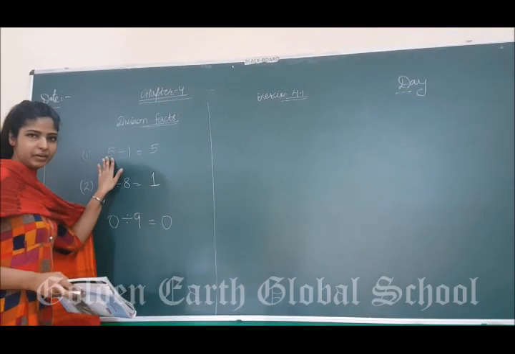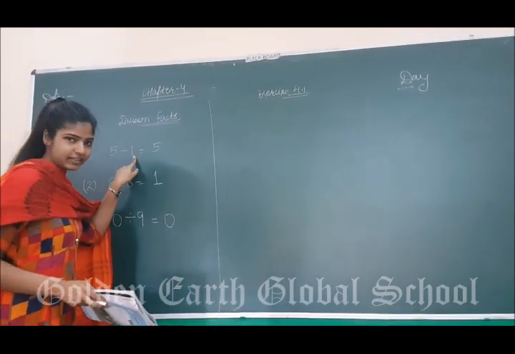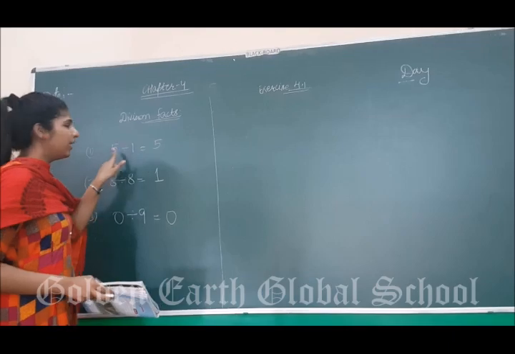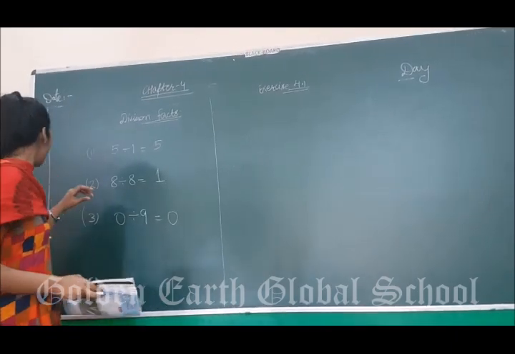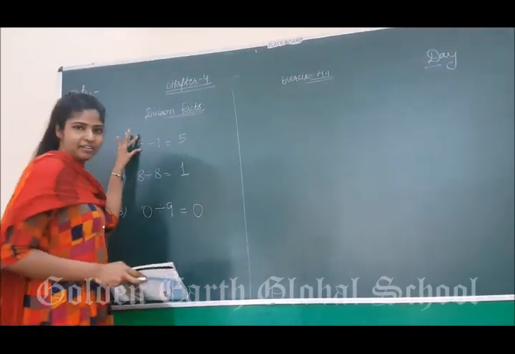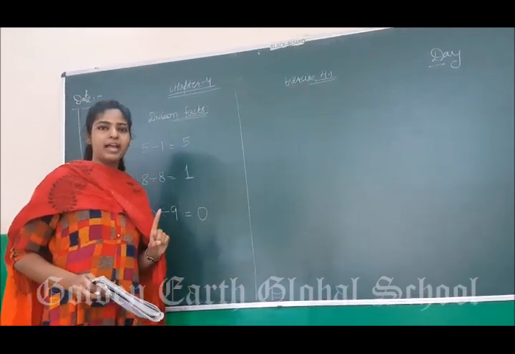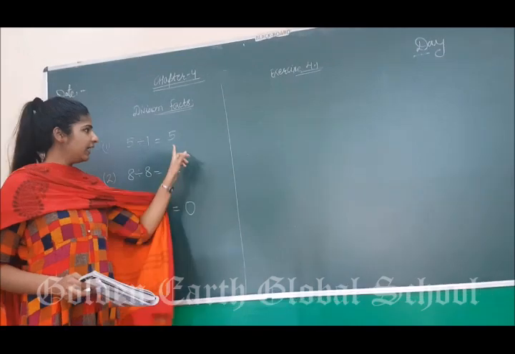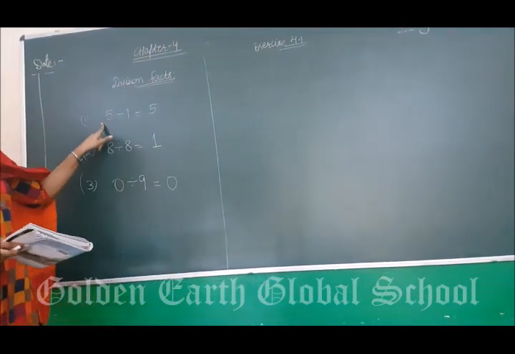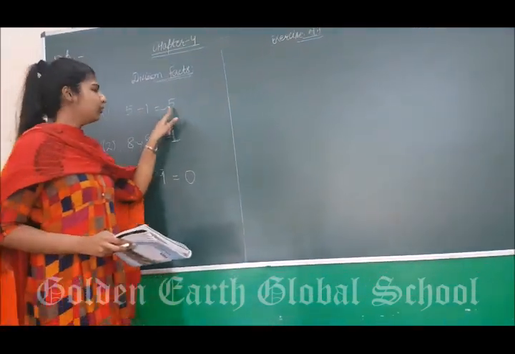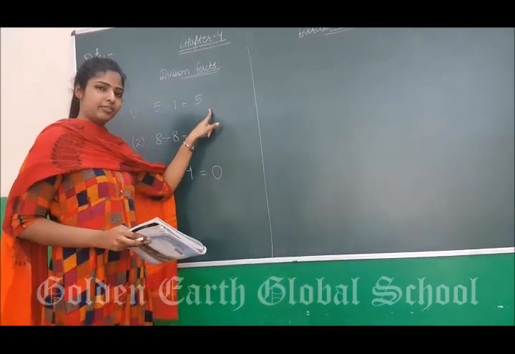जब भी हम किसी नंबर को 1 के साथ डिवाइड करते हैं, the quotient is the number itself. इसका मतलब क्या है? If we have 5 books and अगर हमने उन 5 बुक्स को एक ही स्टूडेंट में डिस्ट्रीब्यूट करना है, तो एक स्टूडेंट को कितनी बुक्स मिलेंगी? 5. So if we divide any number by 1, we get the number itself, right?